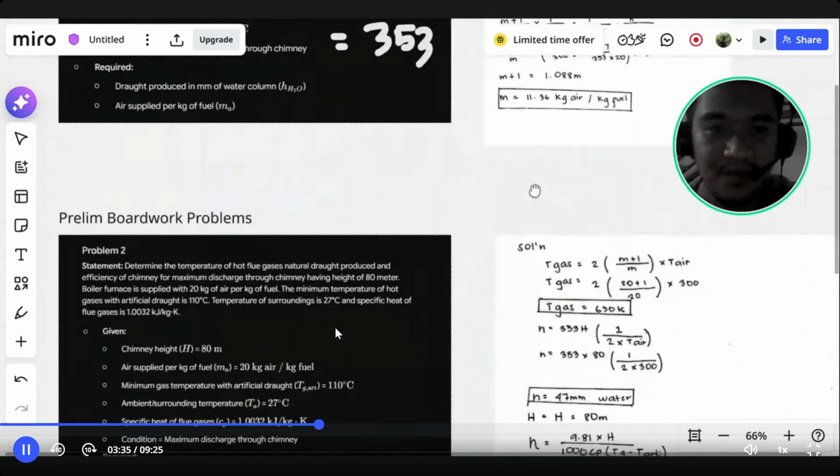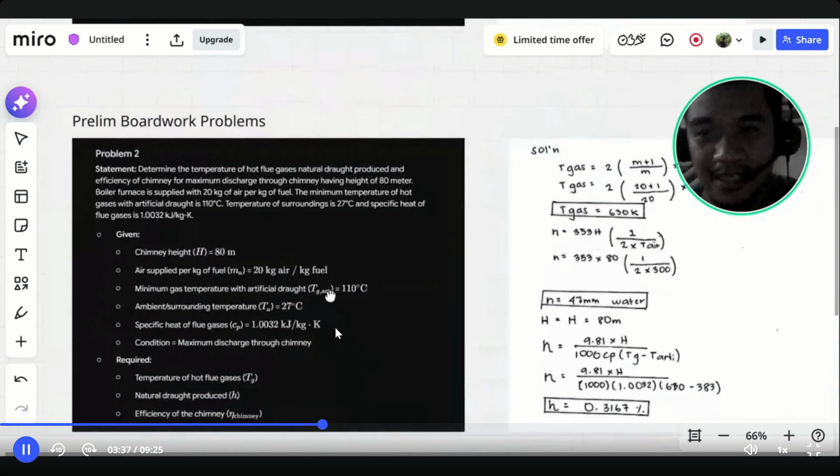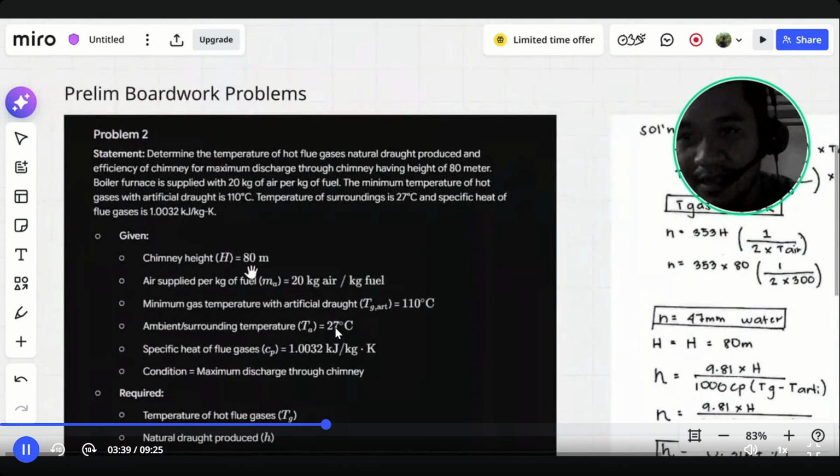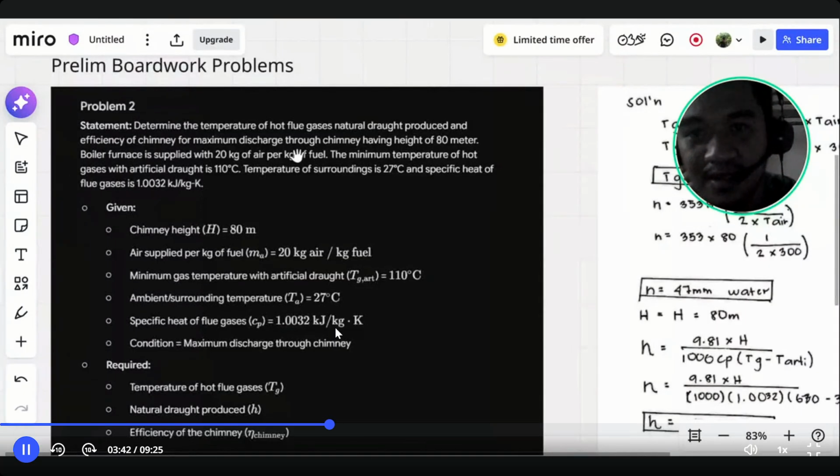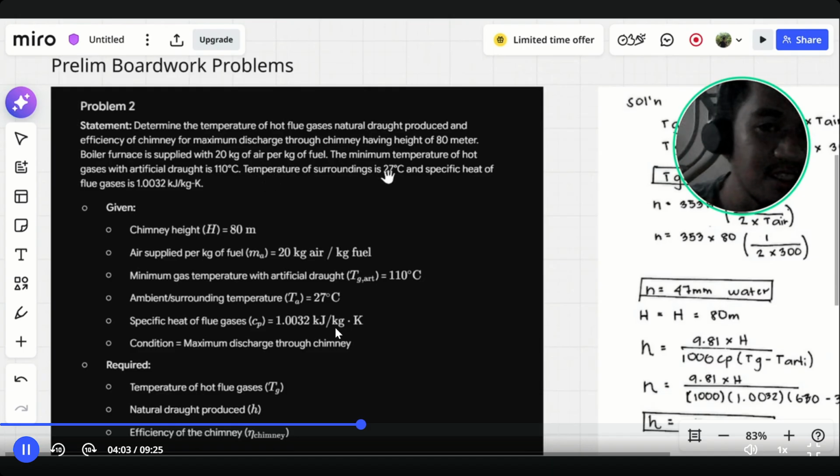So we proceed to number two, and the statement here is to determine the temperature of hot flue gases, natural draught produced and efficiency of the chimney for the maximum discharge through the chimney, with a height of 80 meters. The boiler furnace is supplied with 20 kilograms of air per kilogram of fuel. The minimum temperature of hot flue gases with artificial draught is 110 Celsius. Temperature of surrounding is 27, and specific heat of flue gas is 1.0032 kilojoules per